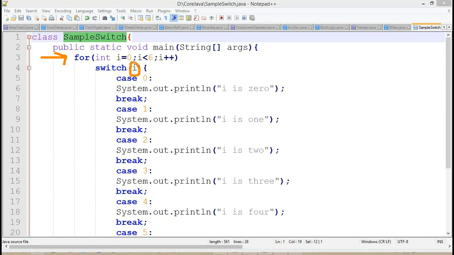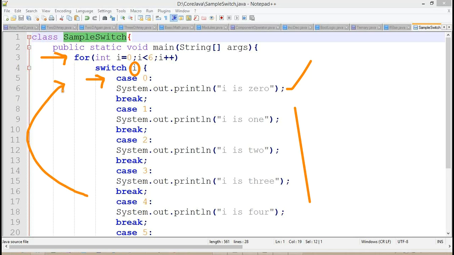Getting the point? We are defining i as the expression here. Initially i is 0, so case 0 is going to satisfy. The first one, i 0, is going to print, and it will not satisfy the remaining cases.